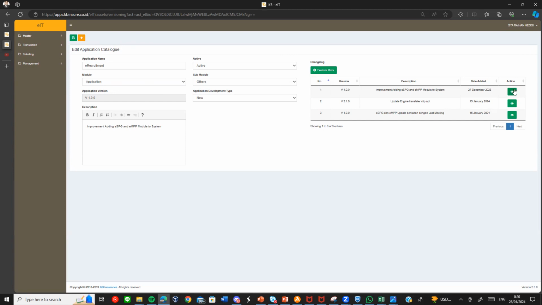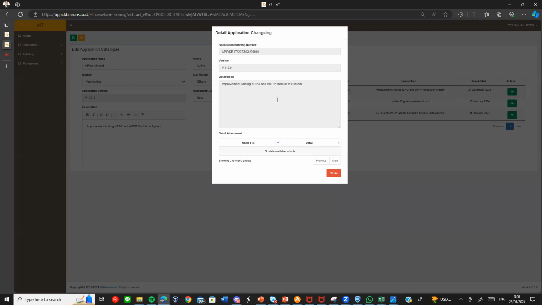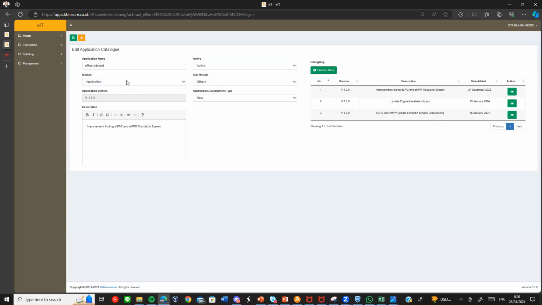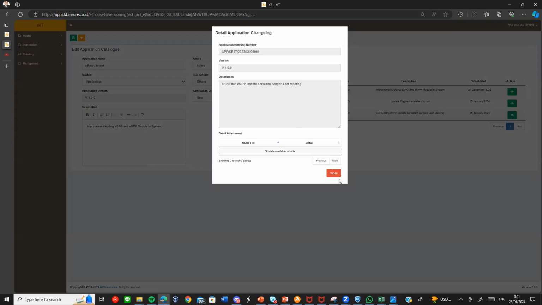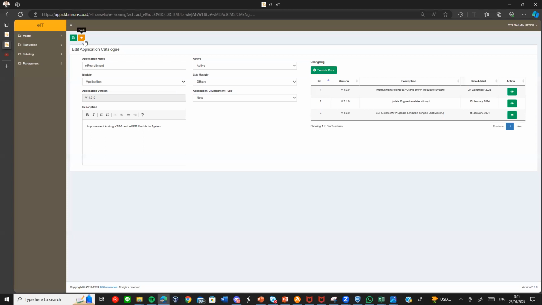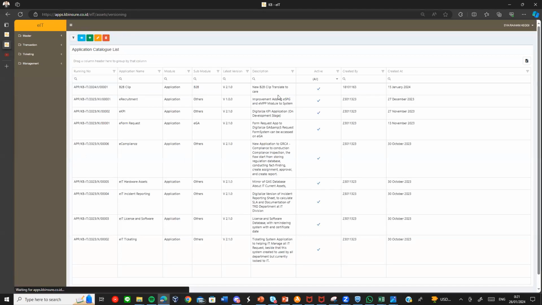There will be the first version, and they started working on the module. What module? This is the module of the application and the submodule other. They are consuming the current database master in the module master, and then they will record all the updates or change logs they have.